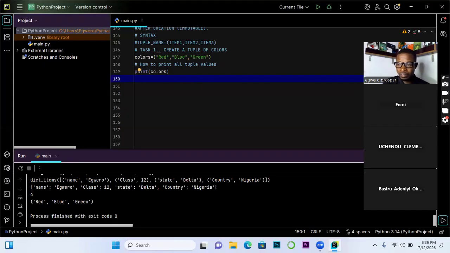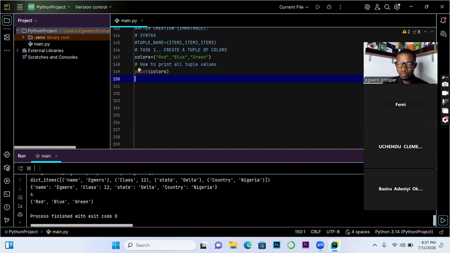A life scenario here is your days. For example, these are like constants. Monday doesn't change. Tuesday does not change. Wednesday, these are constant. So if you are writing a program and you have data like this, you can decide to use a tuple to create that.